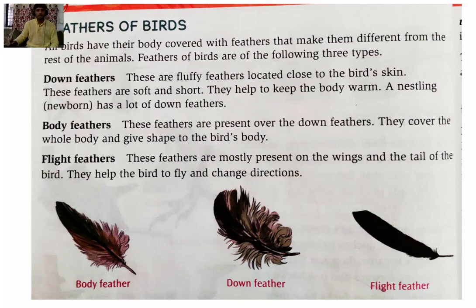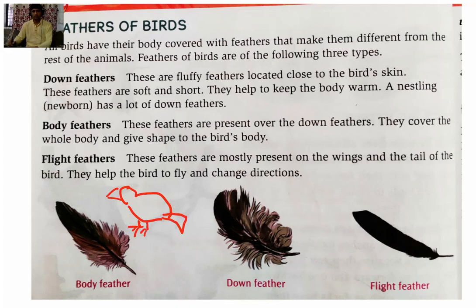So feather of birds. Firstly, try to understand how the bird is. The bird is like this. Here are the two legs with three toes on the front side and one at the back side.